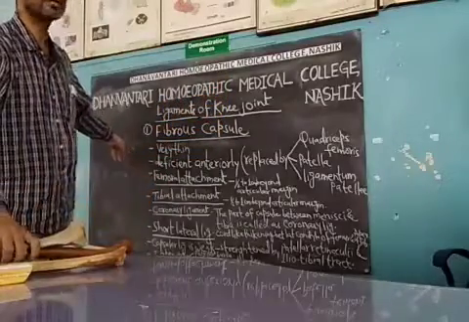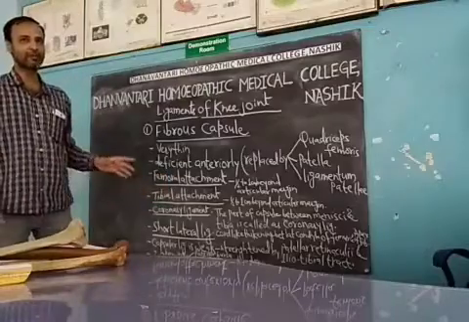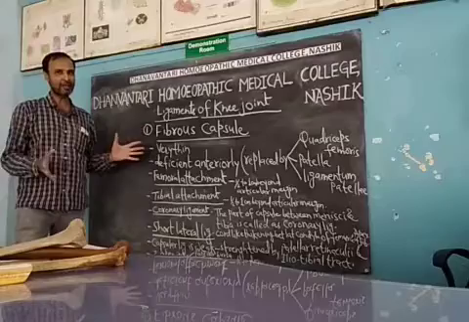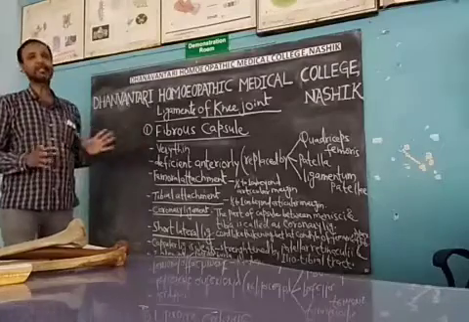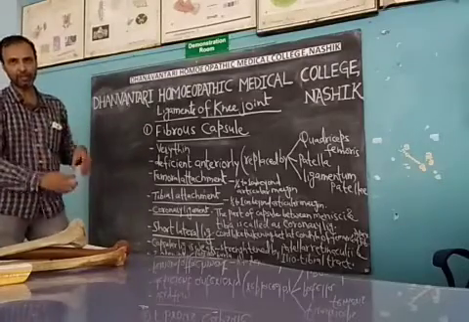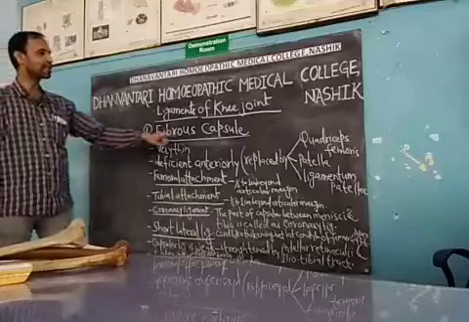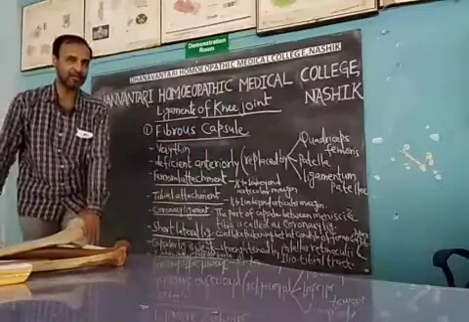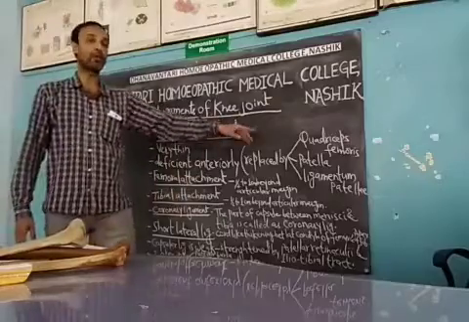First of all, this fibrous capsule is very thin. These are the keywords we have to know about the fibrous capsule. It is very thin, and it is deficient anteriorly. In the anterior part of the joint it is deficient. Why is it deficient anteriorly? Because it is replaced by the quadriceps femoris.